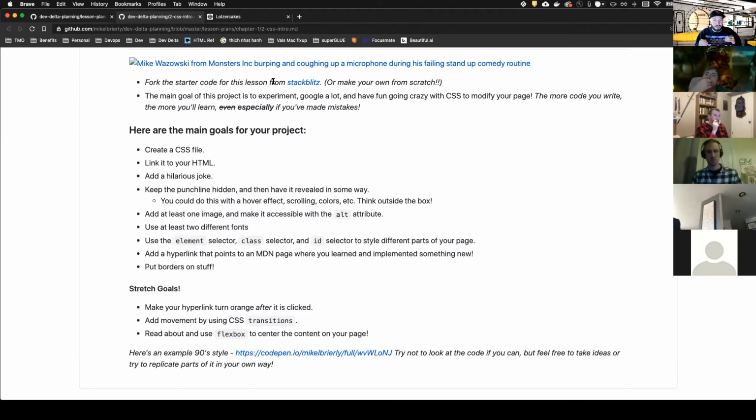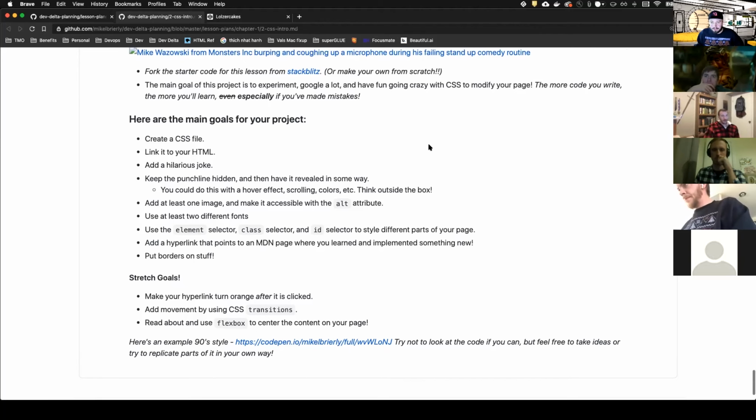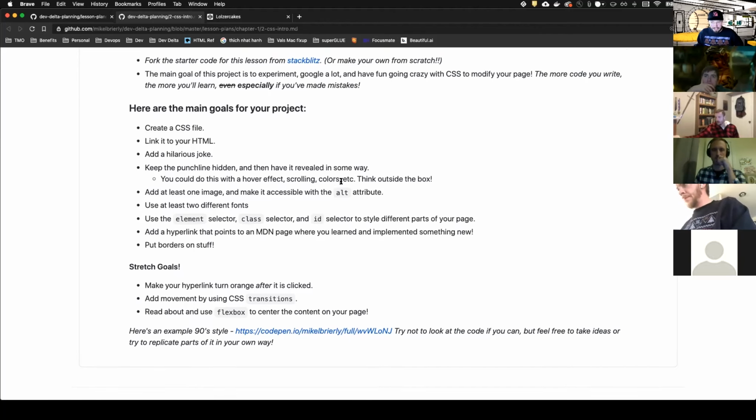Break that problem down in little small pieces and say, okay, well, how do I do stuff when I hover? Then you're going to want to look up, style with CSS on hover. And you'll definitely find some stuff. And like I said, try to lean towards MDN. If you can look at the Mozilla Developer Network's page, do that to find stuff for your CSS reference. But wherever, do this research on your own. And then hopefully you can have the joke show up and you hover over it, or you do something and